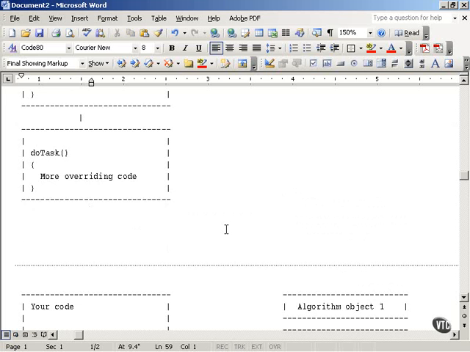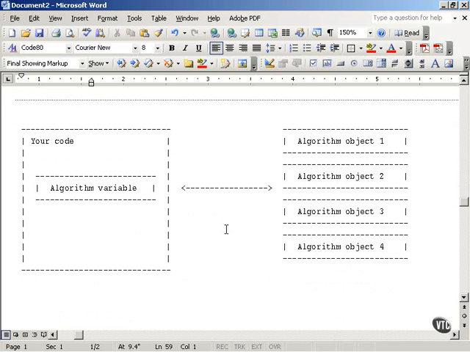So that's the strategy design pattern, and it's a good one. And it tells you essentially that if you have volatile code, you should think about using a has a relationship with your code rather than an is a relationship with your